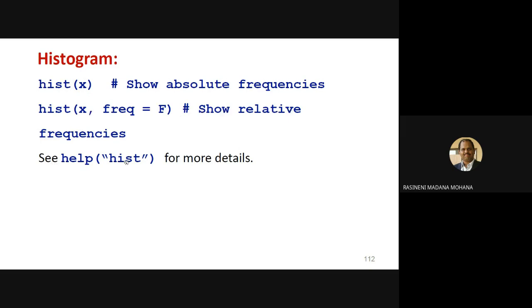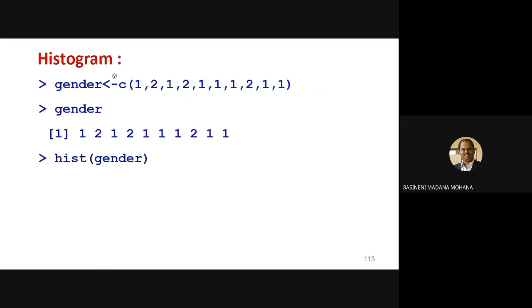Then if you want to find help about any command in R, you can use the command help within function brackets, within double quotes, the command name as it is, for a predefined command. Then it goes to the HTML version of help. There you can see more details about any command. So then let us see the gender vector.